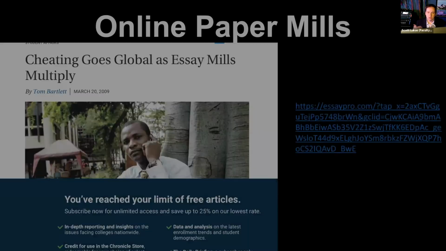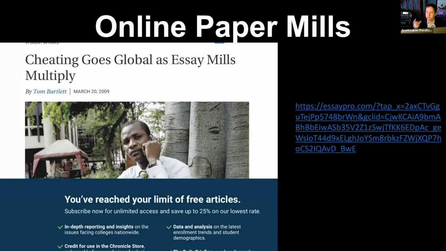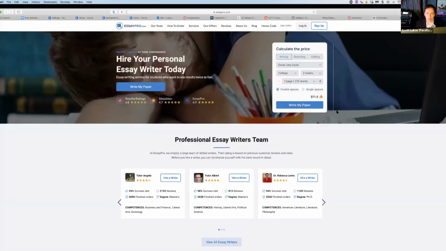And again, it goes back to my earlier points that it really is about values. And hopefully as a college, we can stress some of these values and try to hold the line and so forth when we talk about this with our students. Again, you can see here,